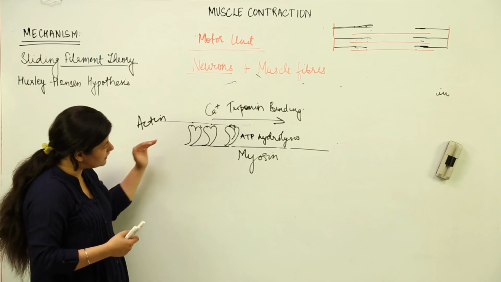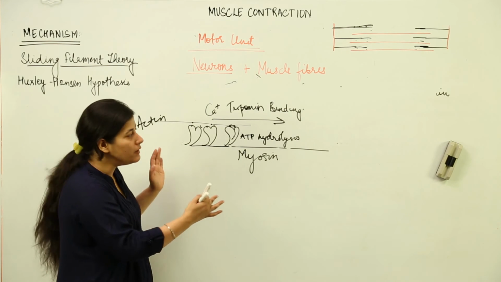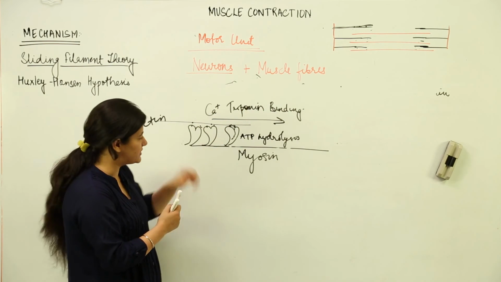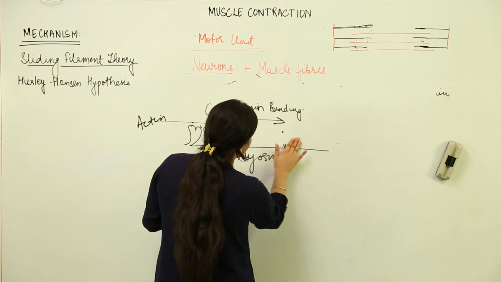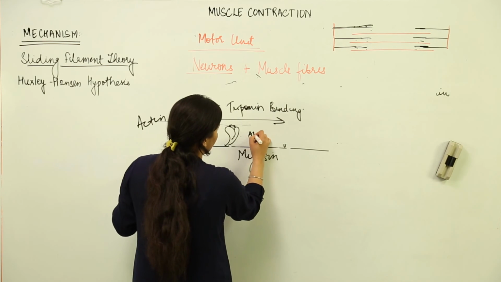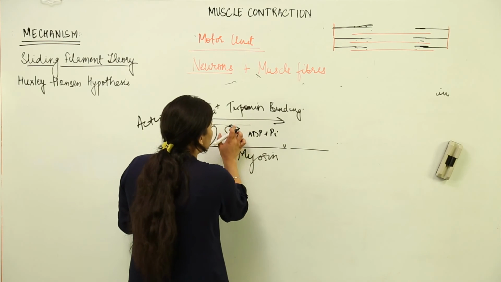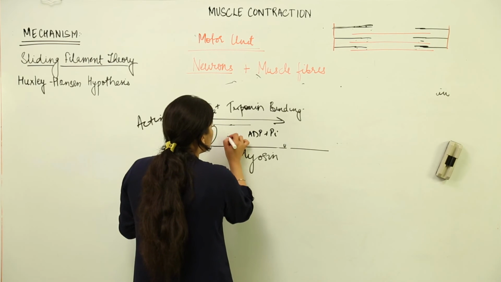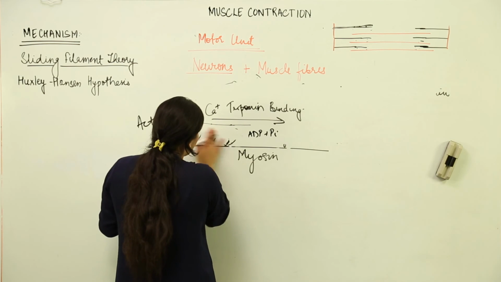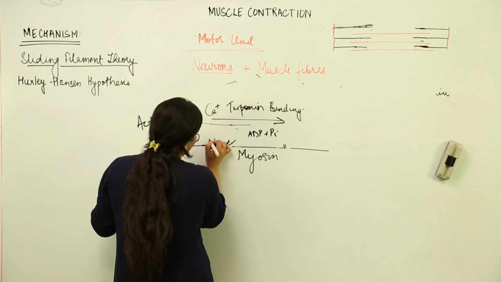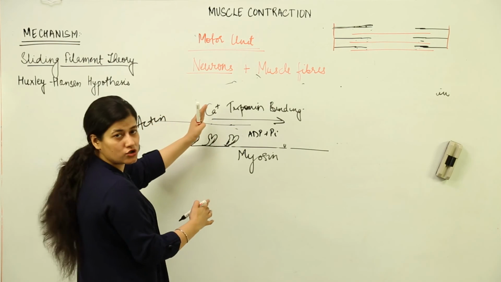The overlapping filament comes inside into the sarcomere unit, and there is contraction, with both the Z lines moving closer. Then what happens after this is that the ADP and inorganic phosphate resulting from ATP hydrolysis would combine again. These sites would not be available then, and ATP comes into the scene. They would come into their previous condition. At the same time, the calcium that was present would leave the troponin molecules.